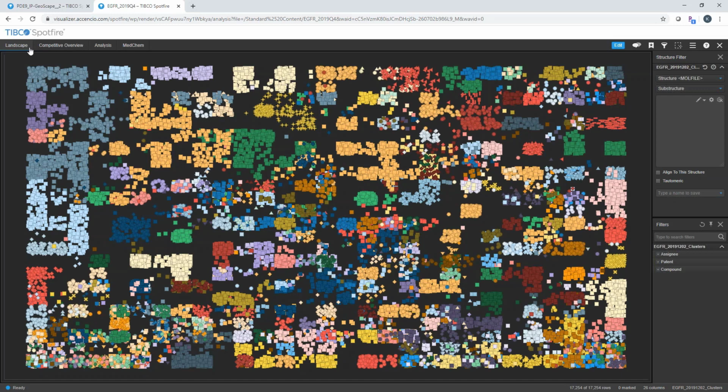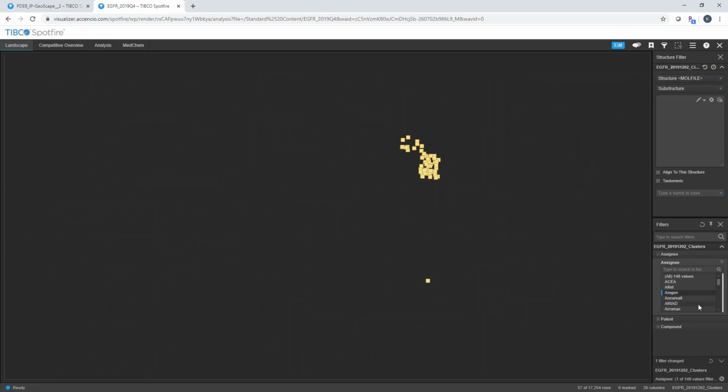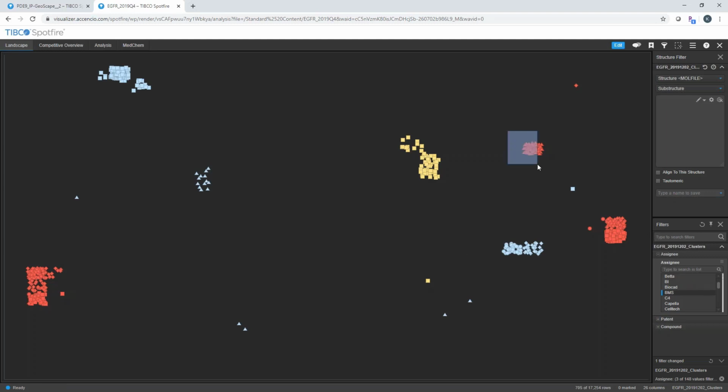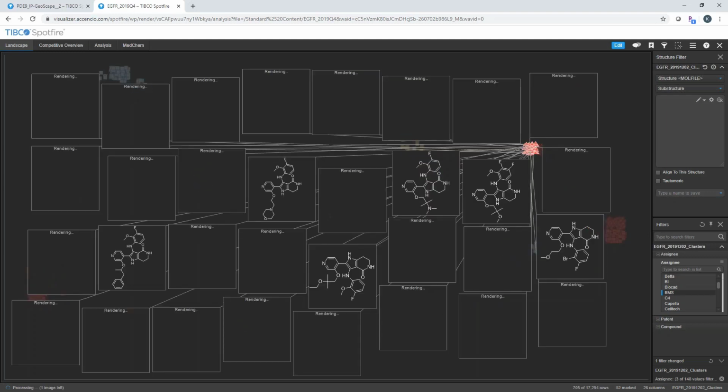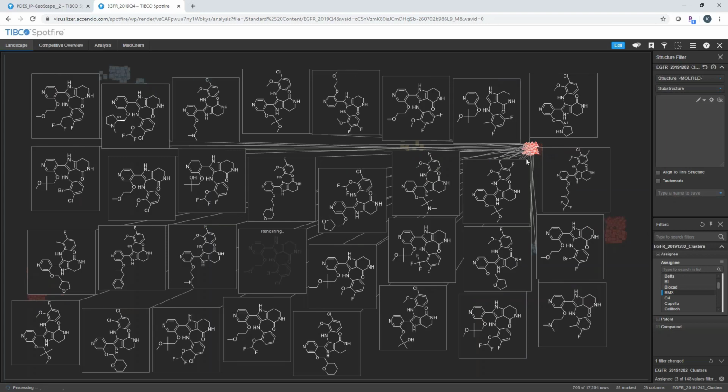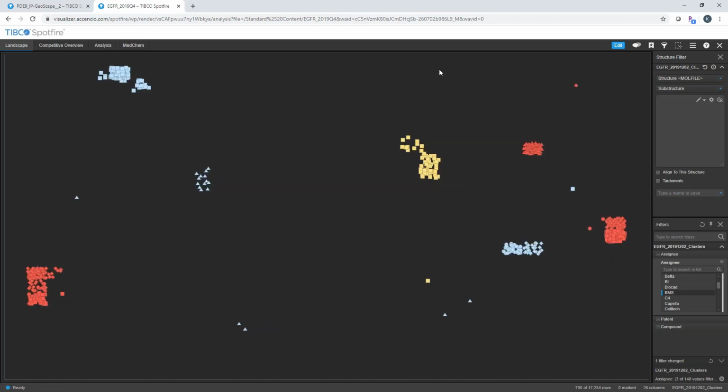And if we go to the landscape and we start to have a look around, for example, lots of activity going on here, but I can definitely show, this is the Amgen footprint, for example, and maybe we want to intersperse that with the Bayer footprint, for example, and maybe another company here, maybe BMS, to really begin to understand who's doing what and where. We can look at the molecules, for example, from Bayer, see what's going on, all the same things that you can do that I just illustrated for you in the PD9